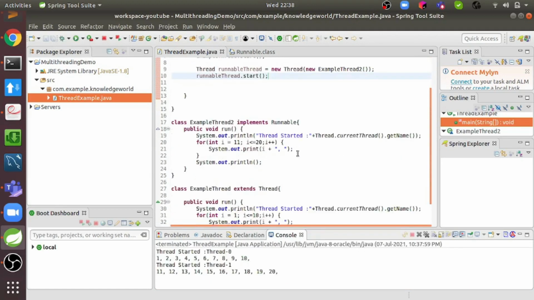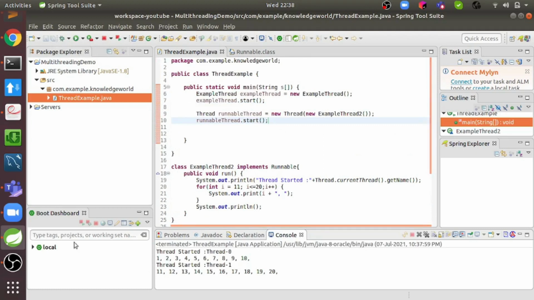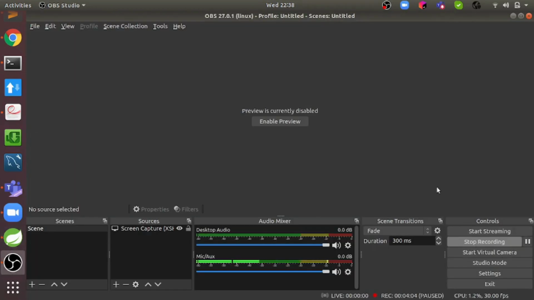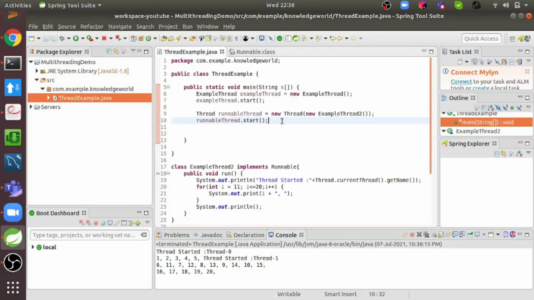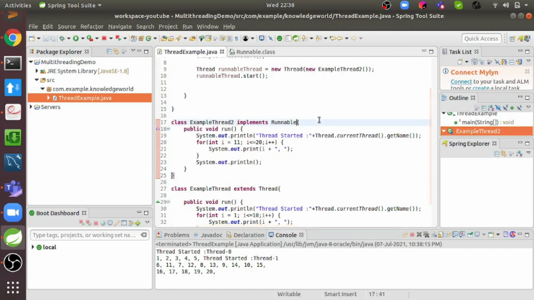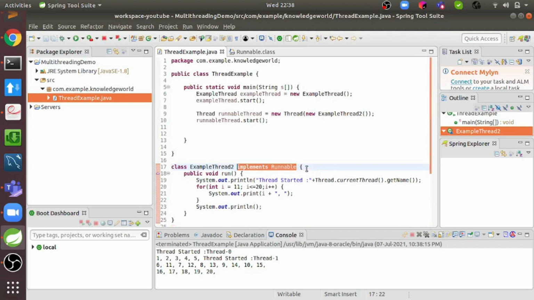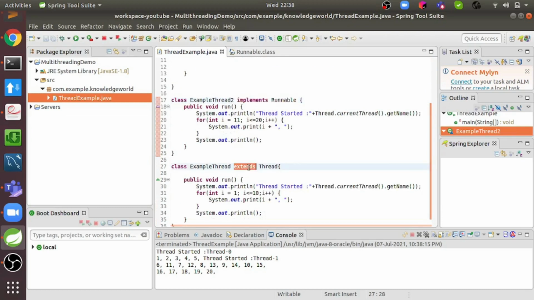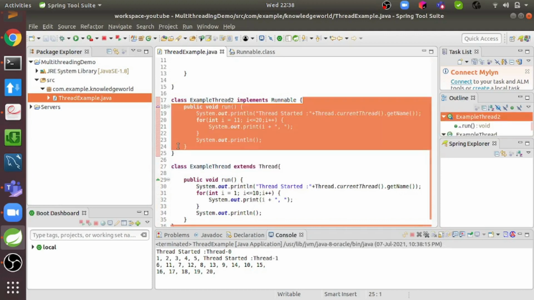Okay, now this is about threads. There we see there are two ways of creating the thread: one is implementing Runnable, one is extending Thread. So which one should we use? Ideally, in my opinion, implementing Runnable is the good method instead of extending Thread. One reason is that Java does not support multiple inheritance. What I mean is you can extend only one class, and if you have already extended the Thread class, you cannot extend any other class. So this way Runnable is useful for us.